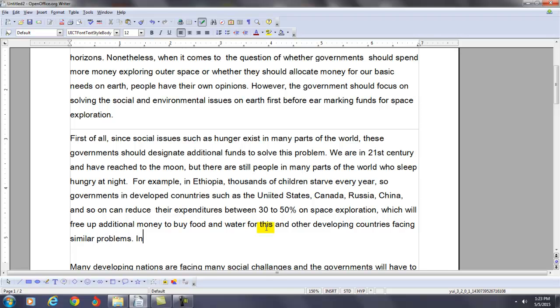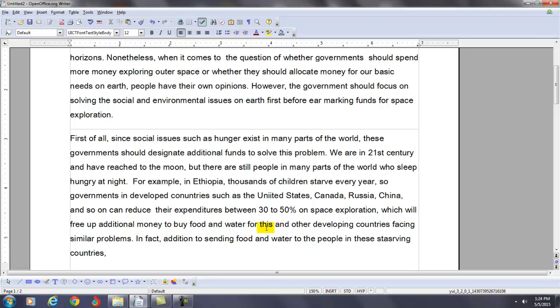And you might say, in fact, in addition to sending food and water to the people in these starving countries, governments can spend money on teaching